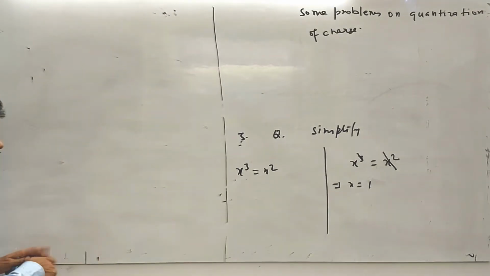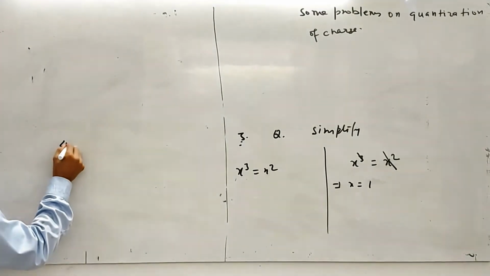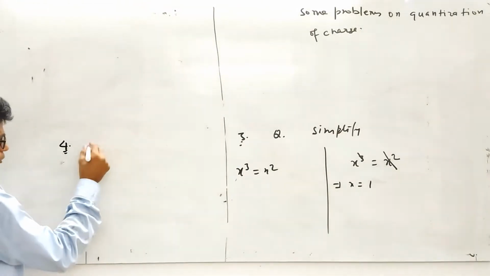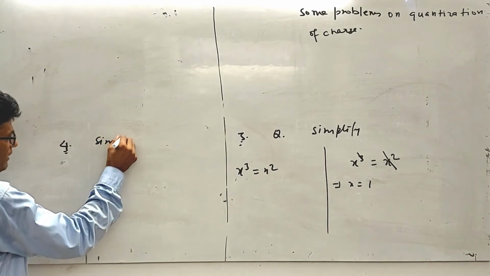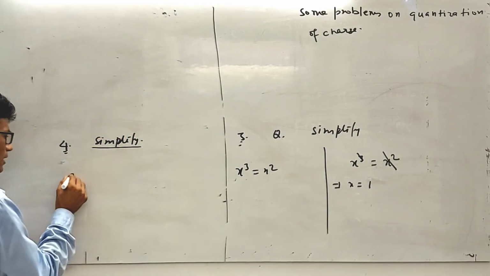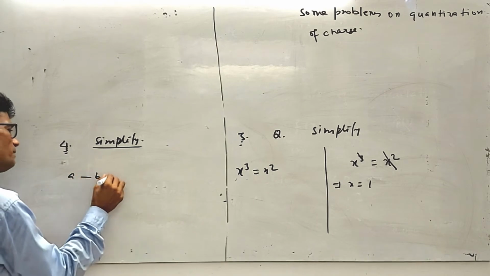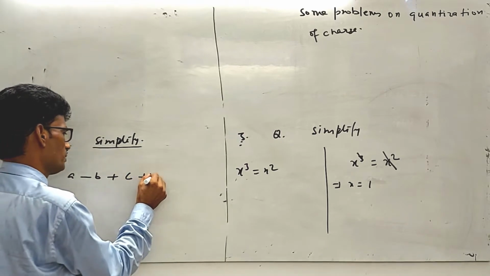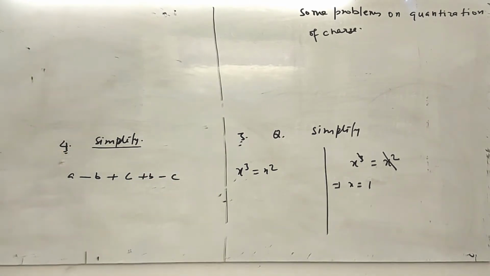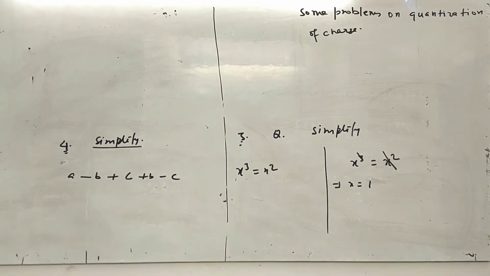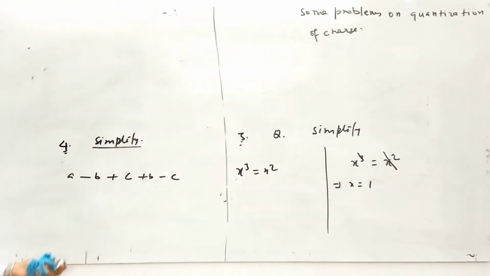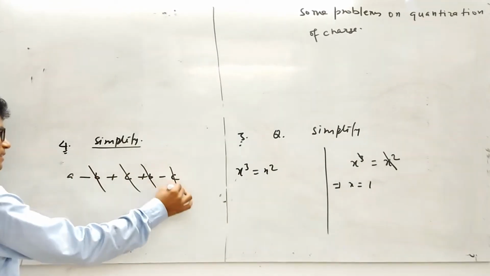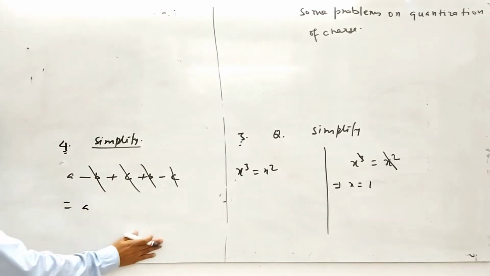One is that, and the last one as well, because we will take just a glimpse of that here, not very detailed; we will take it later on. So simplify again, the question of simplification. Simplify a minus b plus c plus b minus c. Whatever habit you have to calculate like that, b is cancelled here and c is cancelled here, and the final answer is here. The answer is correct, no problem.